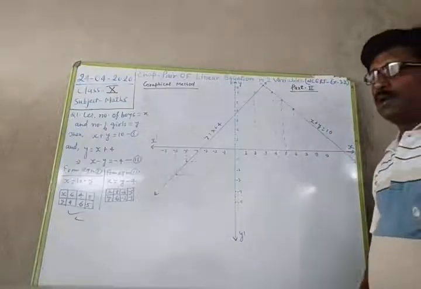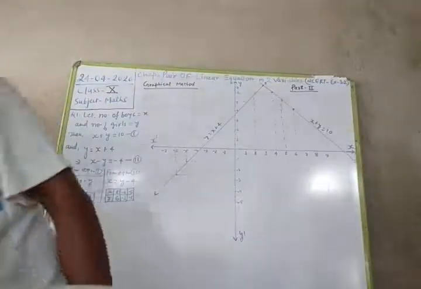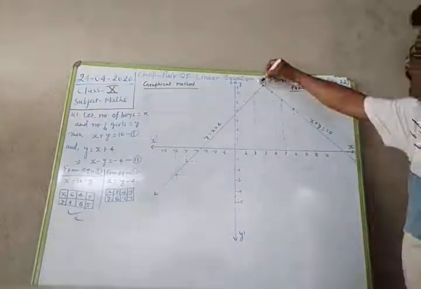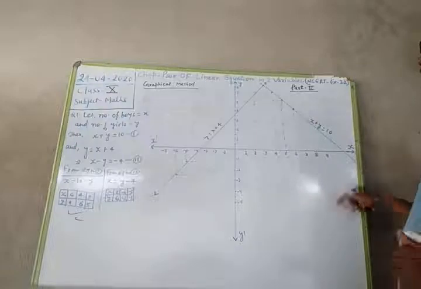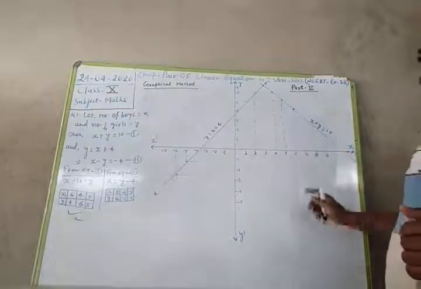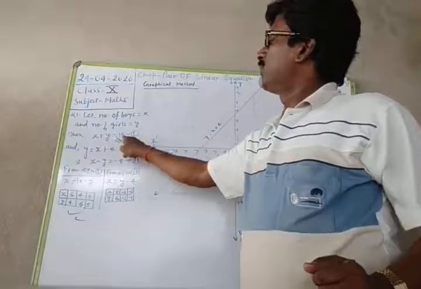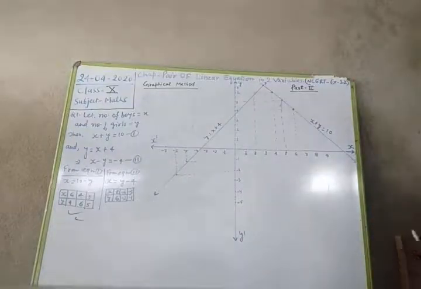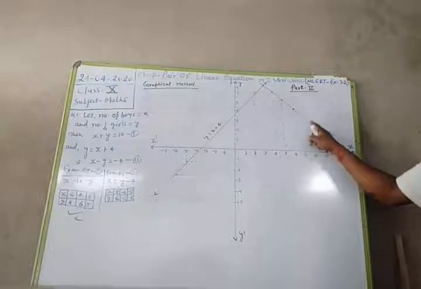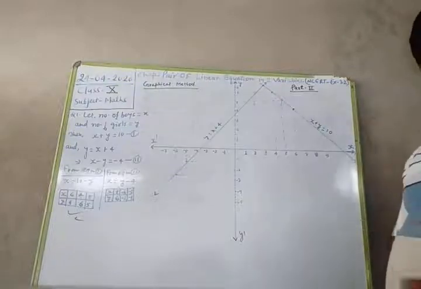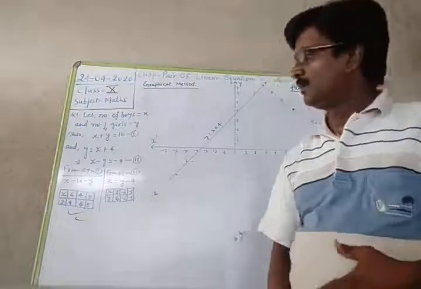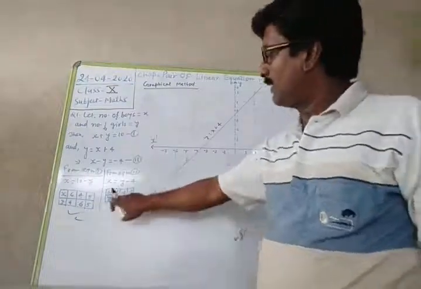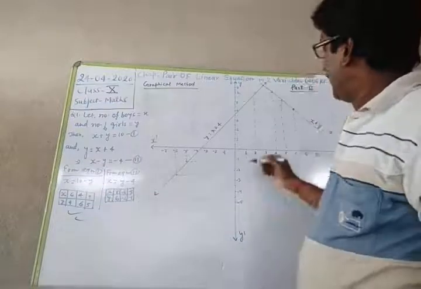Now, with the help of the scale, once again, I have drawn these 3 points, and after joining these points, we get a straight line, and this line represents this equation, that is x plus y is equal to 10. So I have written x plus y is equal to 10. This is the line of the equation x plus y is equal to 10. Okay, and after getting the first line, now move to the second table, and from the second table once again the coordinate is (2, 6), that is (2, 6).